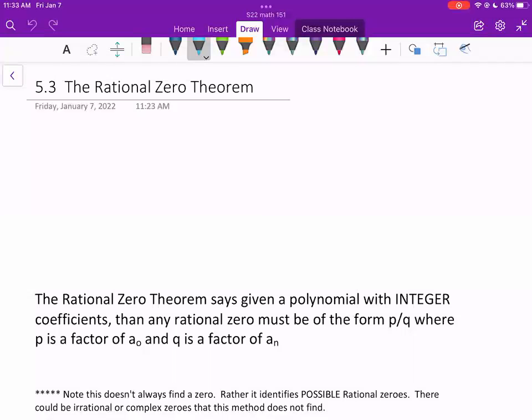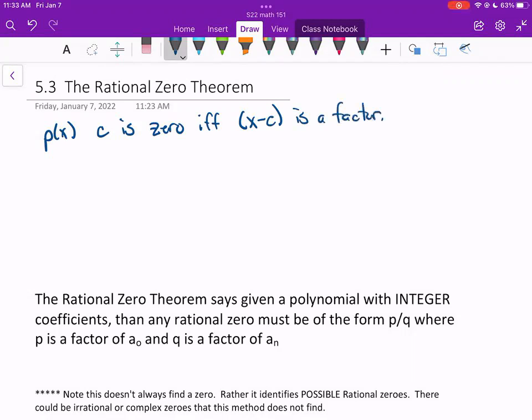We now know that for some polynomial p of x, c is a zero or a solution of that polynomial if and only if x minus c is a factor of the polynomial. If x minus c is a factor, then we can use synthetic or long division to divide